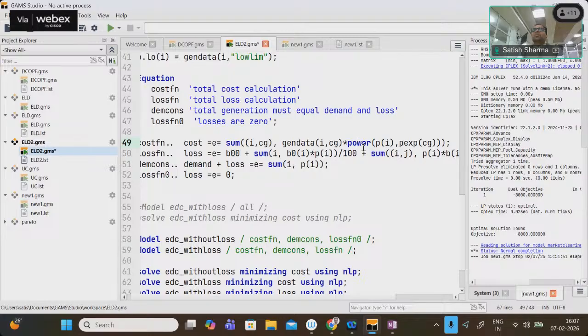The equation will remain the same. Even though we are trying to minimize the emission, our constraint is that total generation should be equal to the power demand, and our generation should be within the maximum and minimum limit. So this is how we can include emission as well in the objective function. Usually the emission and the cost are conflicting objectives, so we can define that